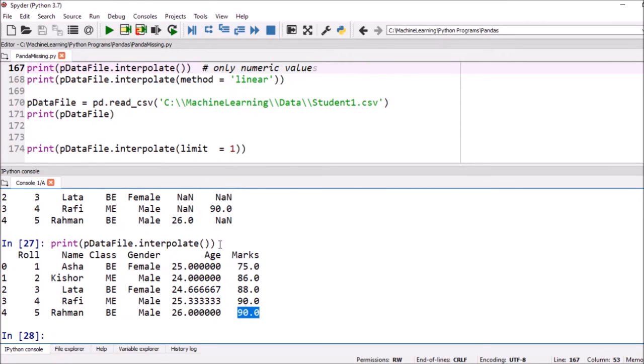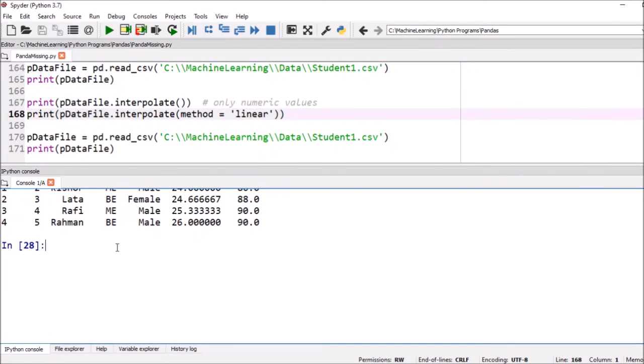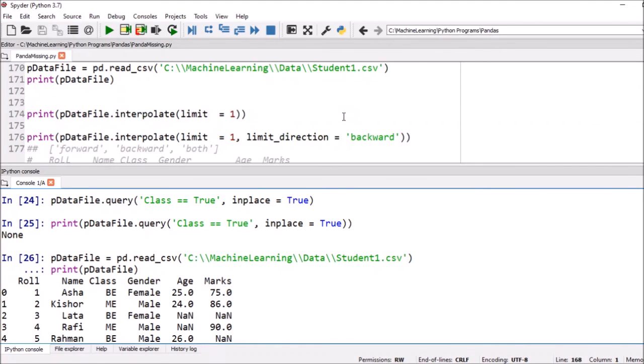So please check the theory part of interpolation. Different types of interpolation are there, through which we can identify the values in between two given numbers, two given values. Here we can give the methods, whether it is linear, or different methods are there. It is the same thing here. It handles only the numeric values. We can give the name of this particular method. Are you getting this one?